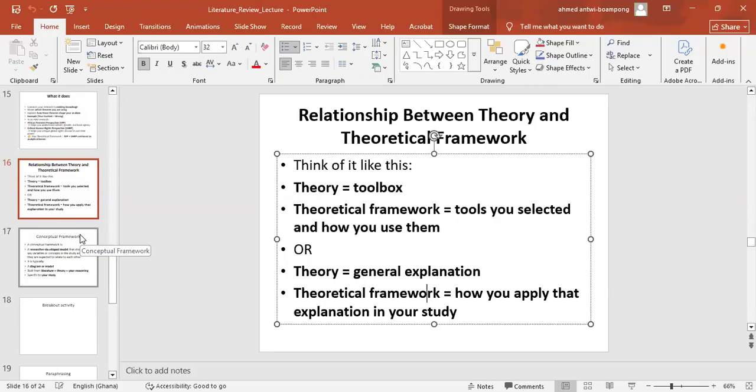It also links your study to existing knowledge. So it shows your work is not random, and then positions your study within a certain academic debate, right? And this is what is very critical in terms of what examiners are looking out for immediately that they pick your research proposal or they look at your